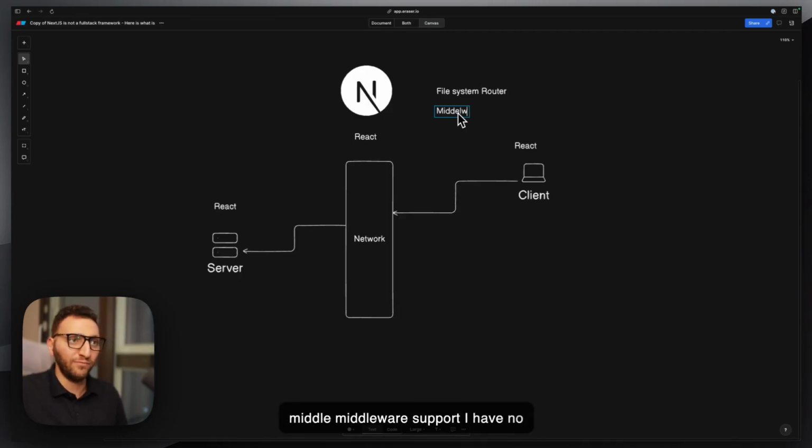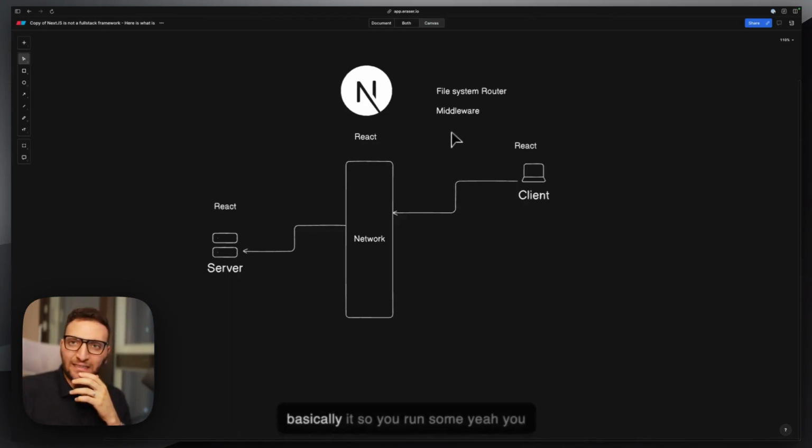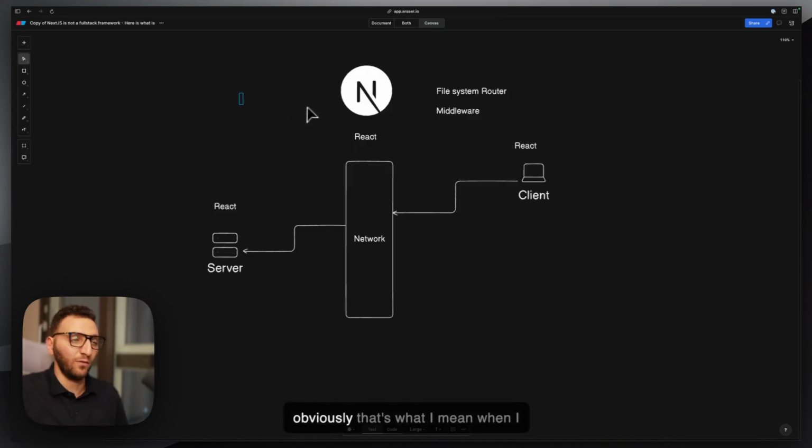Middleware support. I have no idea how to spell middleware right now. Anyway, you get really basic middleware support. And I think that's basically it. So you get some server-side rendering, obviously, that's what I mean when you say SSR, and you get ISR as well, which is basically incremental